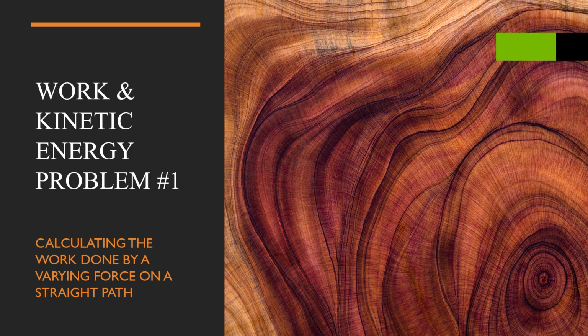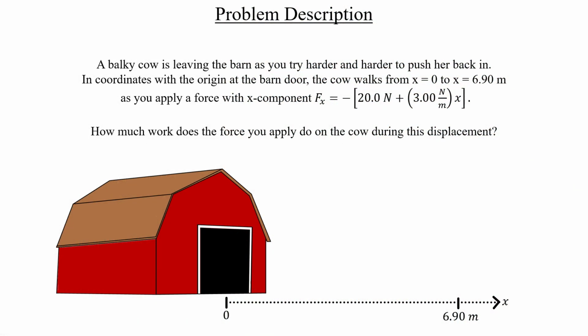Our new work chapter begins with a problem involving a cow trying to leave this barn. The goal is to figure out how much work we do on the cow when we apply this varying force on it. Since we haven't talked about the concept of work yet, let's take just a moment to go over